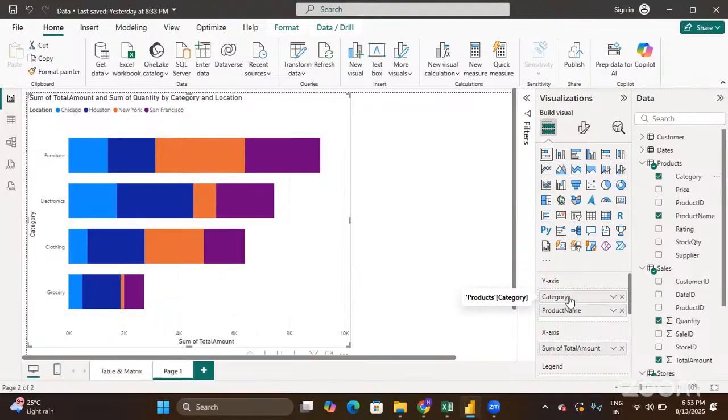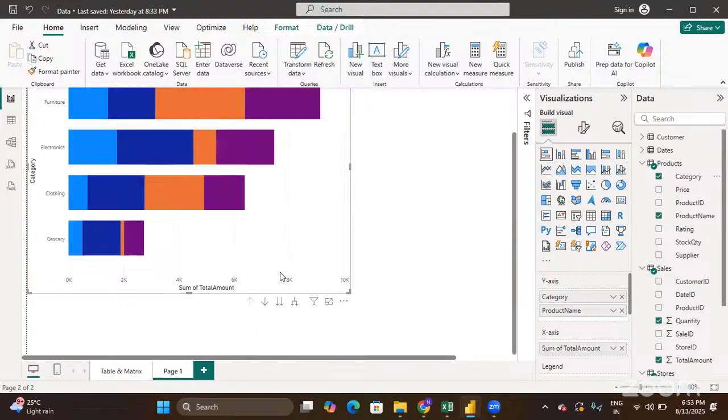Because from categories, you have the products. That is the hierarchy, the order. So you are comparing the categories with respect to the total amount. That is what you are doing. And by default, wherever there is a hierarchy, you'll observe these options, the drill down options and the drill up